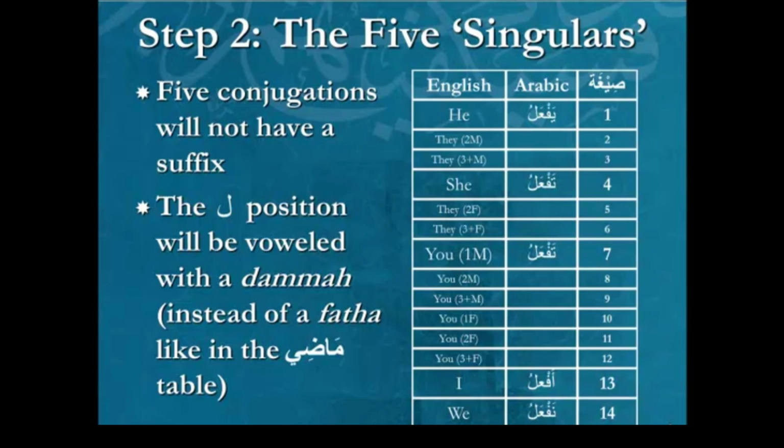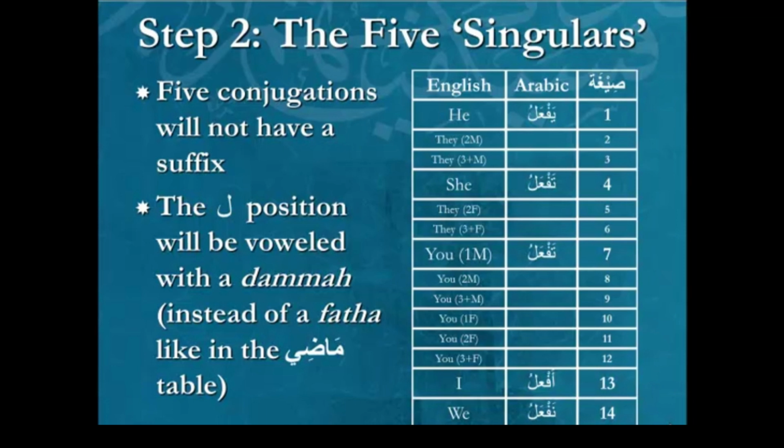Okay, and back in the Madi, I think 1.3, people asked that question about if you have a mixed group of males and females, what do you do? In conjugation number 14 it doesn't matter because gender becomes irrelevant. And if it was third person, then you would use conjugation number 3. And if it was second person, you would use the pronoun that's reserved for a group of males. So when there's males and females together being talked about, then it's the male group that's chosen for that purpose. Anyways, that was a side topic. Let's continue.